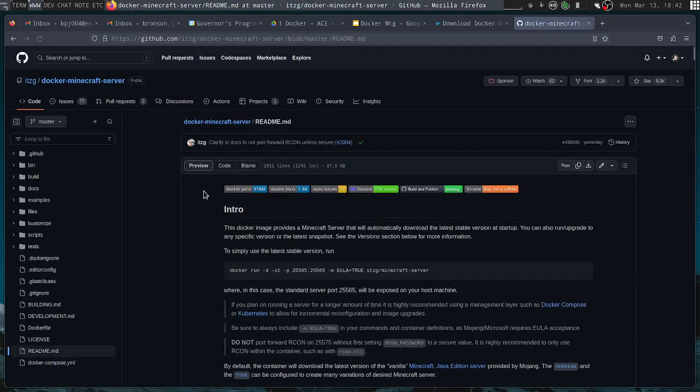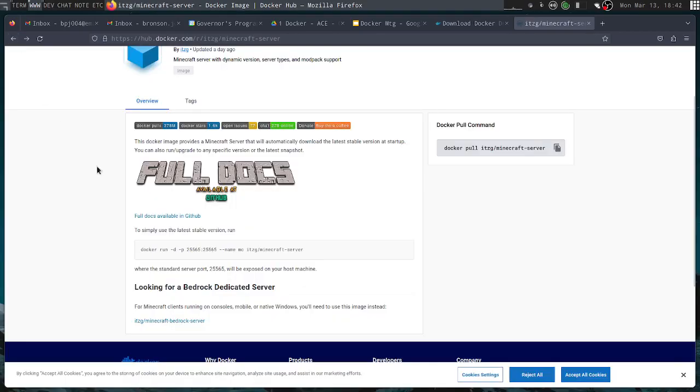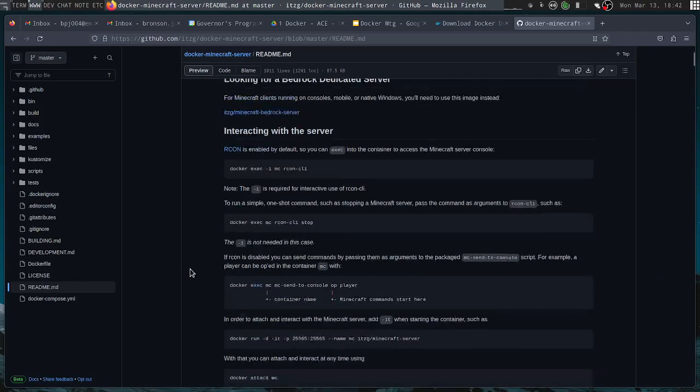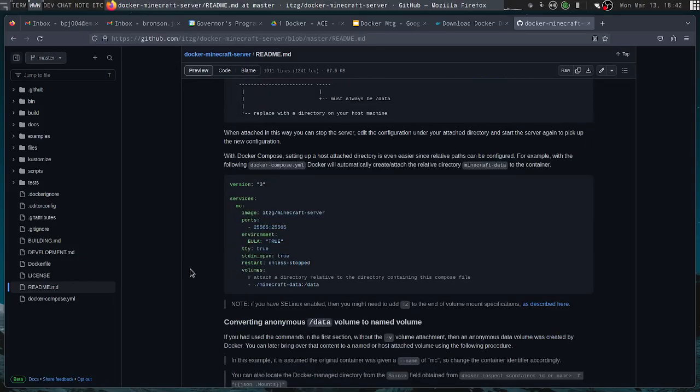But if you actually want to, there's a couple things. Because it's a completely self-contained container, anytime you shut it down, you will lose the entire world because the world existed within that container. So you have to use what's called a volume to connect the part of that file system where it stores all the world stuff to an actual folder that exists on your computer. This is where I copy pasted that file from, and you could do this as a command, but instead I just did it here.